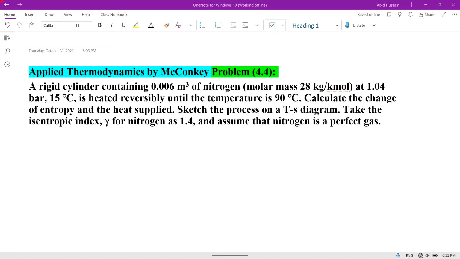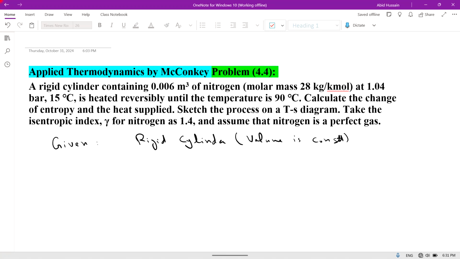Problem 4.4: a rigid cylinder containing... Rigid cylinder means that this is a constant volume process, that volume is constant. So V1 is equal to V2, which is equal to V, which is given as